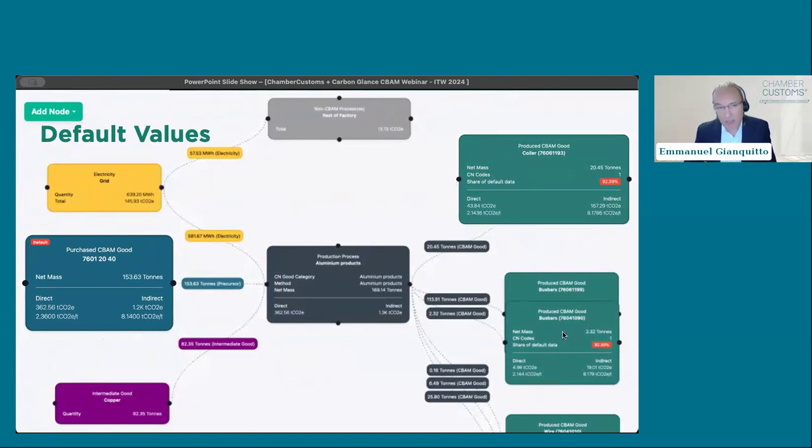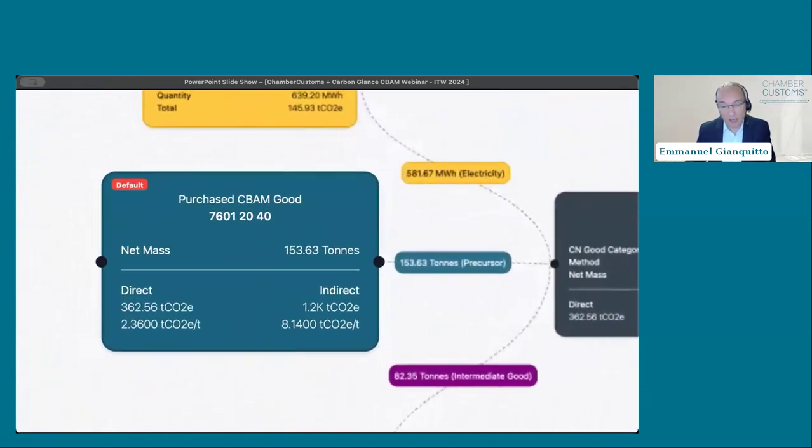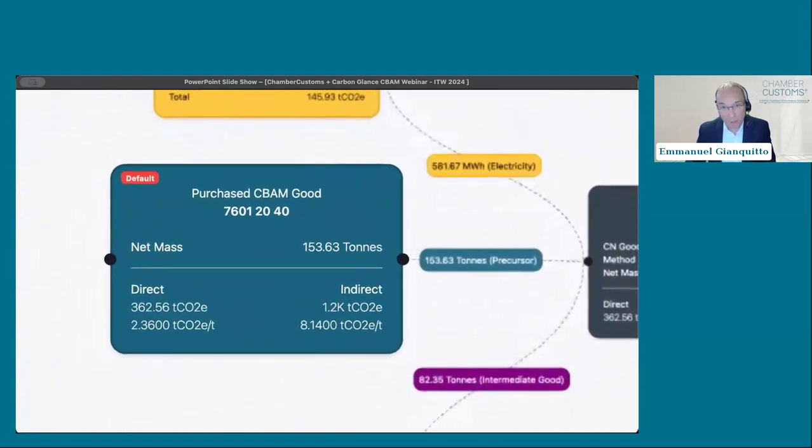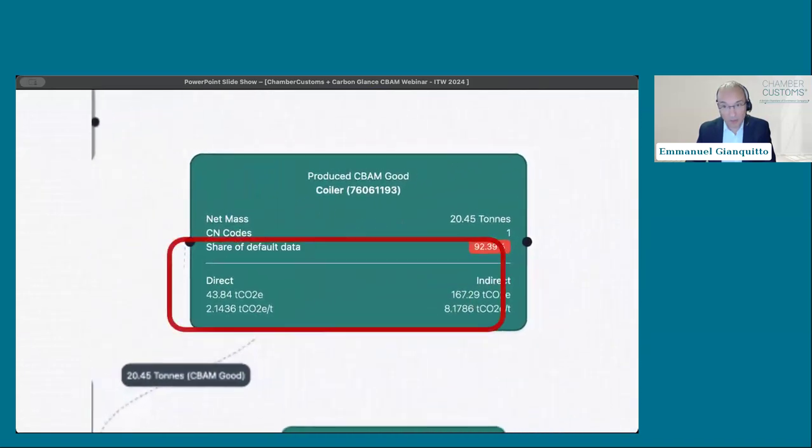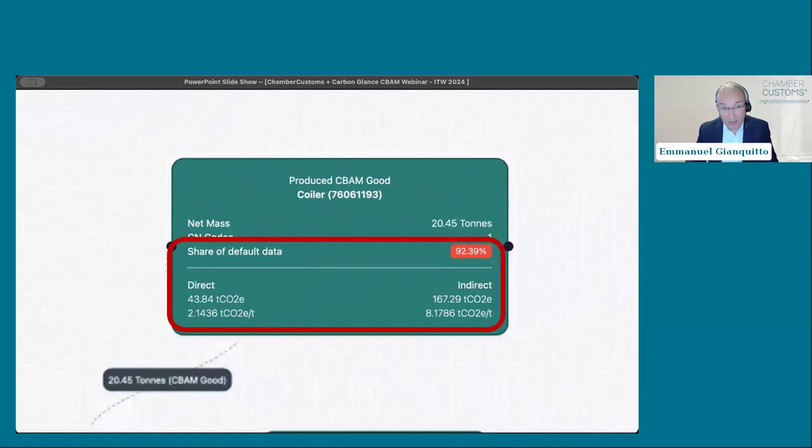Now, what's really interesting that we can do for you is help you understand how that default product flows into the final one, and what's the weight of that default value in the calculation for your final product.